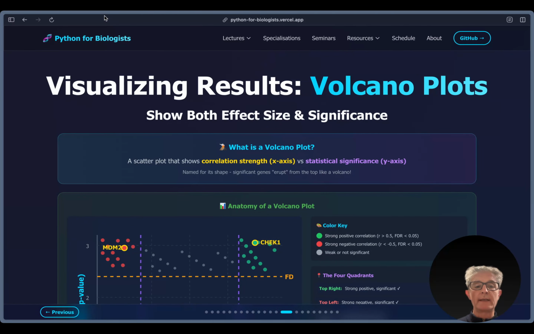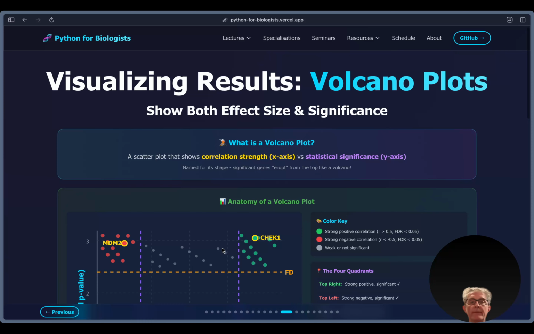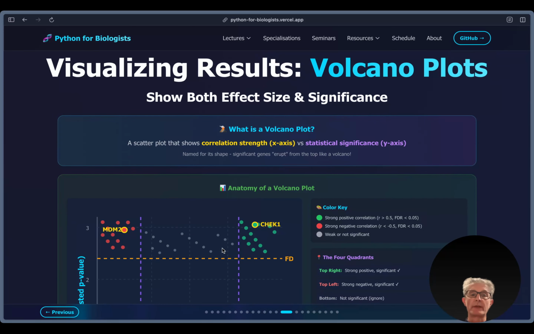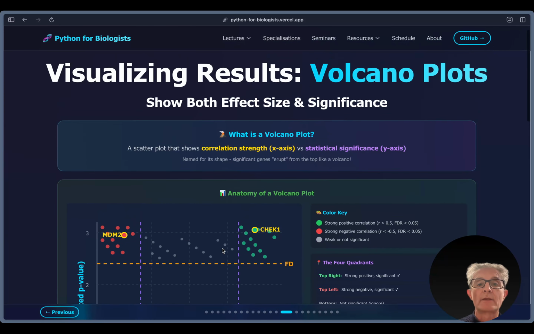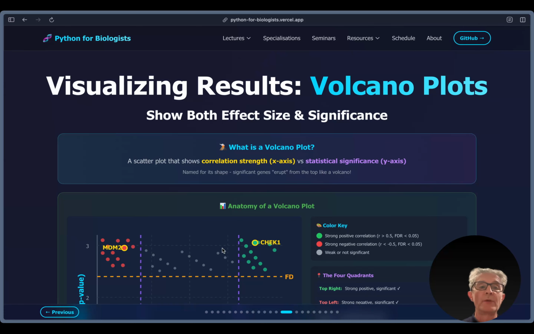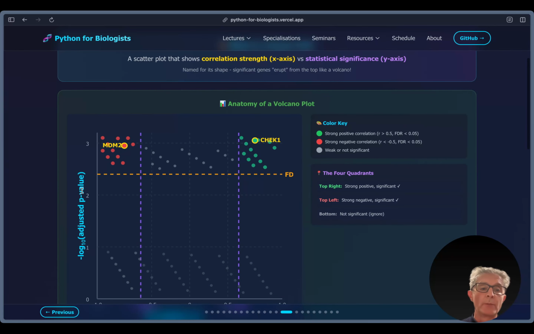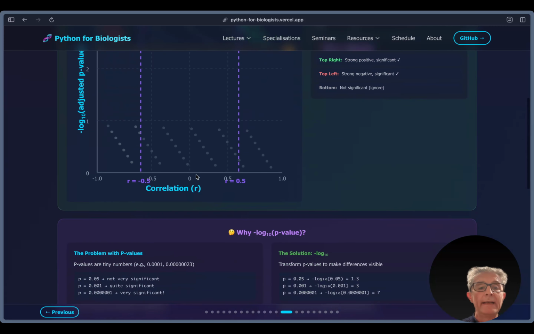Before we go ahead and further analyze our result and look at SLU7 in more detail, let's do some visualizations to show a summary of the correlation analysis. One of the best ways to show all the data and the distribution is to use a volcano plot. And the volcano plot is basically using the negative log value of the FDR p-value